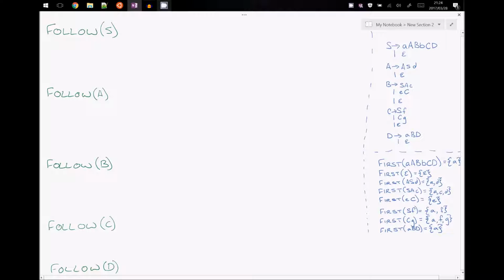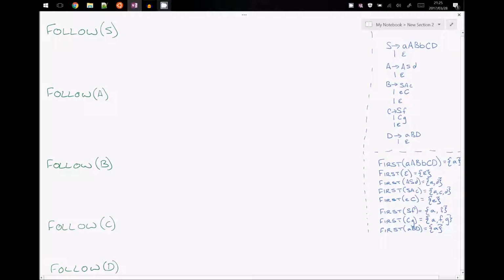Hey guys, so in this week's tutorial we looked at first sets, follow sets, select sets, and LL1 grammars. And in today's tut, Lee, one of my students, pointed out that I'd been applying the follow set in the three tutorials wrong. So I decided to make a video to provide clarification on how to compute the follow set algorithm, and we'll be producing the correct output for the 5 follow sets, the select sets for